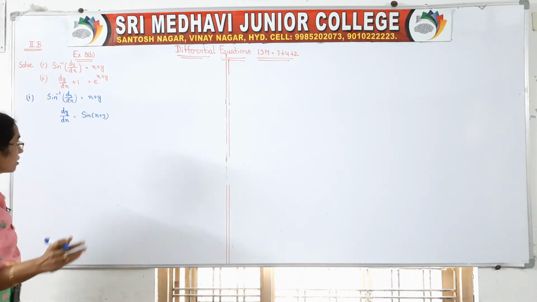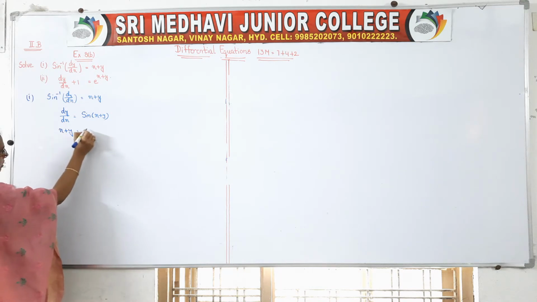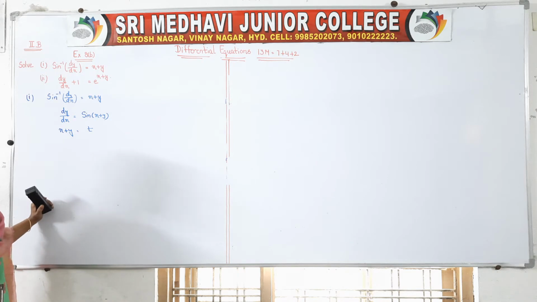So in such cases you take your x plus y as t, that means we are converting the problem in terms of t, right? Then we integrate, and at the end again in place of t we substitute x plus y. Okay, so if we take this equal to t, it comes into our variable separable form, otherwise it is not possible. Why? Sine of x plus y, they are mixing values, right?